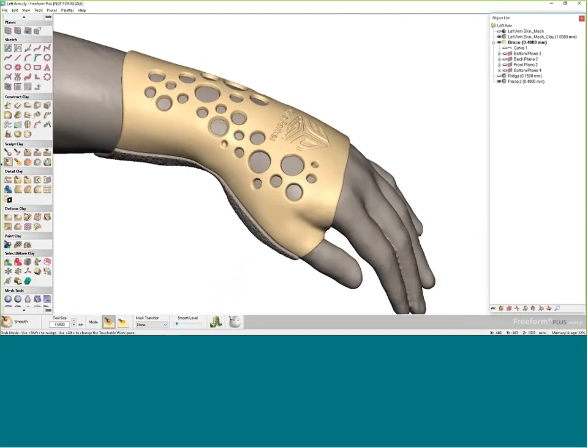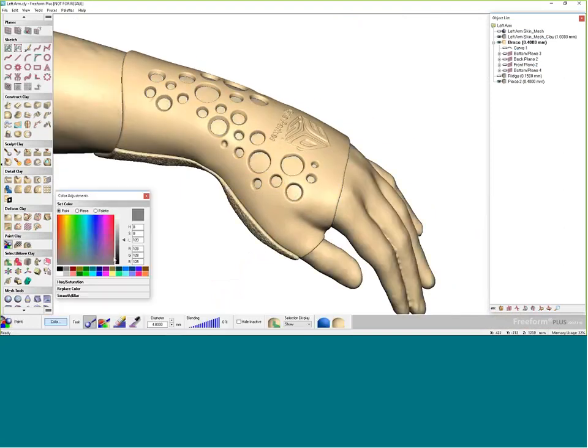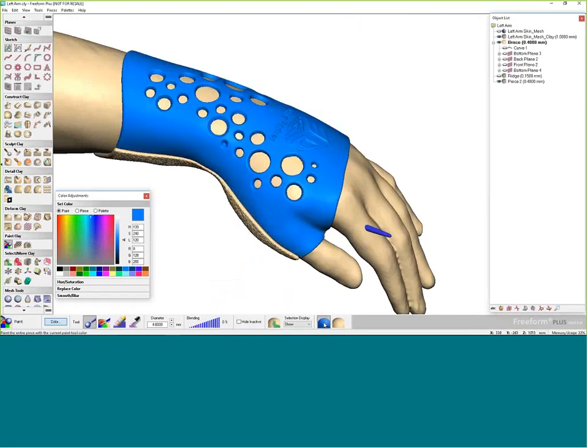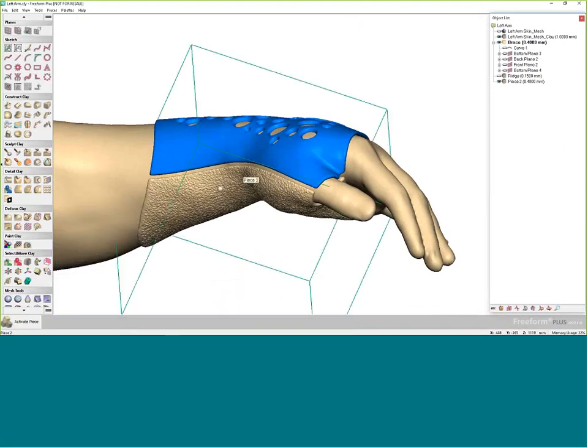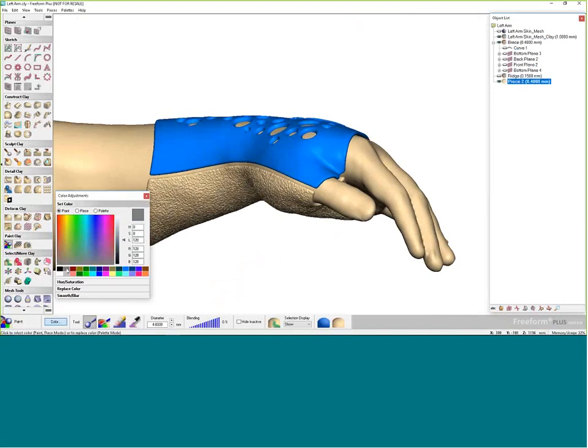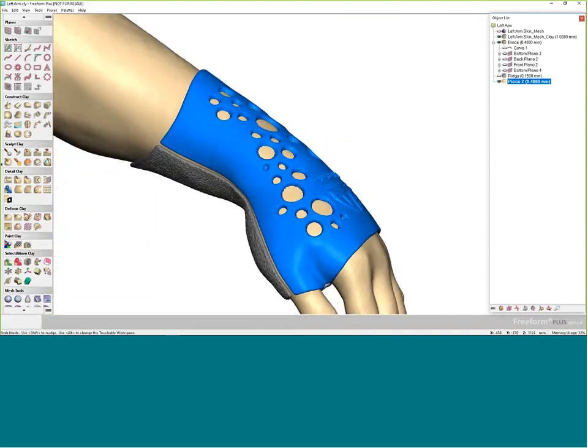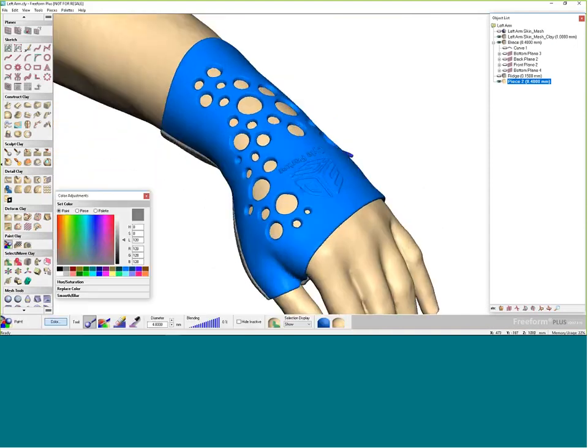Last but not least, we can go ahead and give it some color, make it really unique. I just happen to like blue, so I'll make this blue, and I think this underside's rubber, so probably a light gray, something like that. And there we have a finished product in about 20 minutes. So once we're done with that,